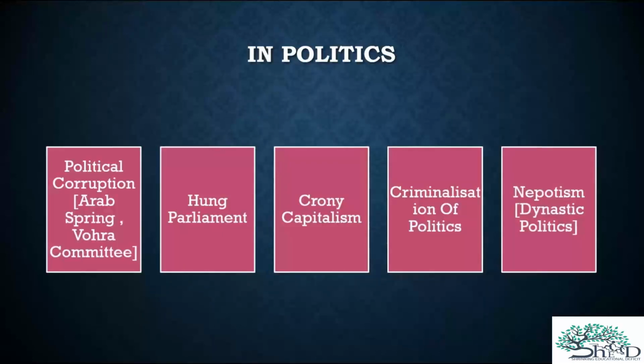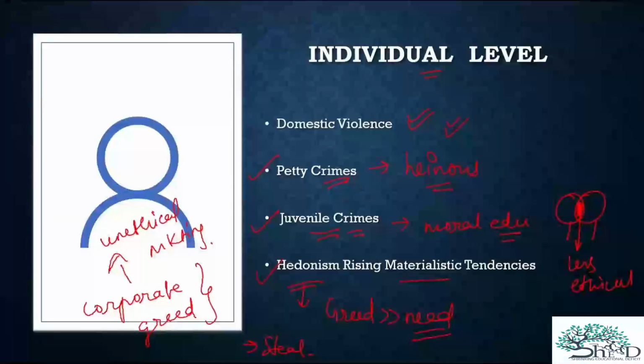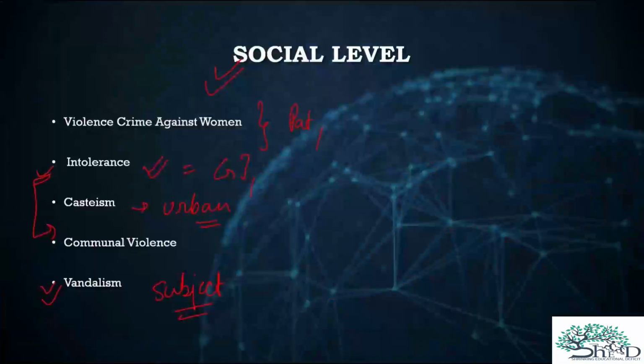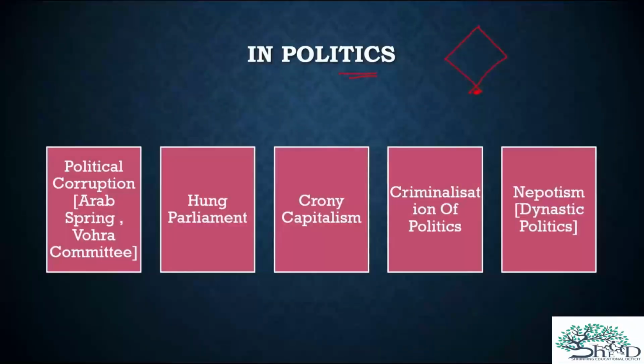Now I kept saying that you can add more dimensions. I have just shown you that you can add more dimensions, like I have added politics. In this diagram, politics is not there. So as an example, I've shown you that you can add other dimensions also. Okay. So what are the consequences of not following ethics and policies?